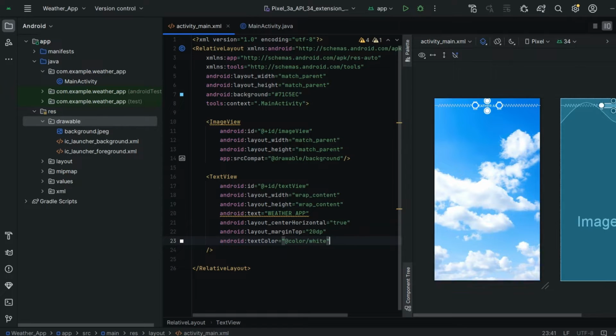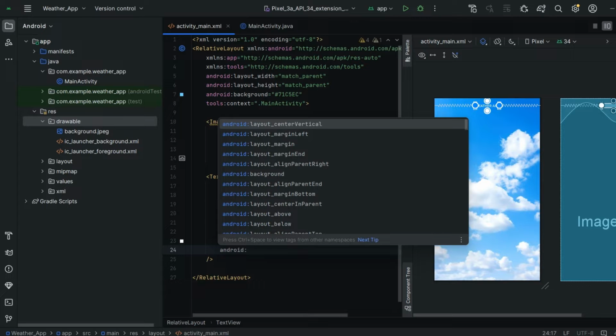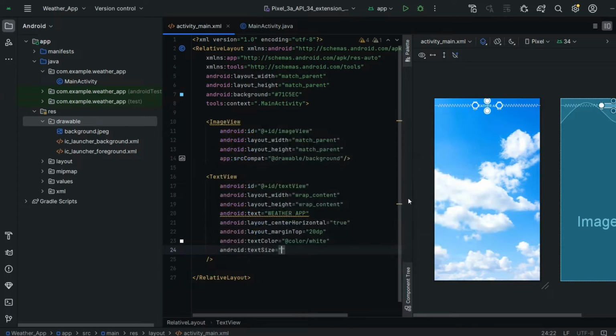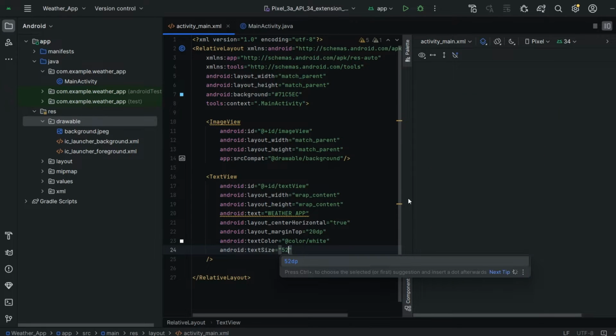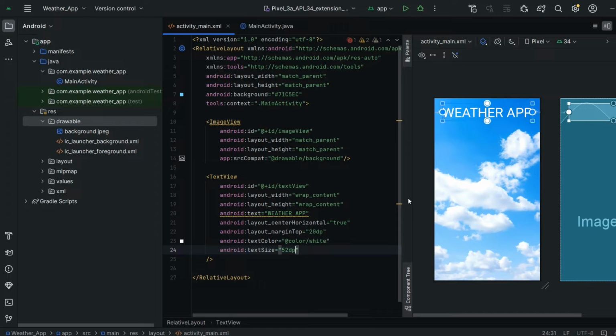Okay, next it was small, guys. I want to make it a little bit big. For that I am going to use the command android:textSize. I'm going to give the text size as 52dp. You can give whatever text size you want, guys.